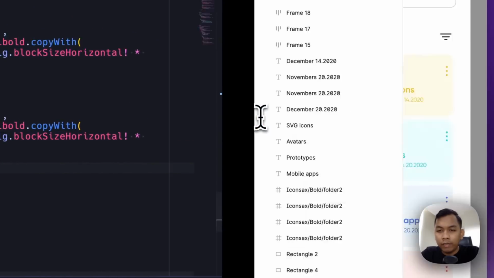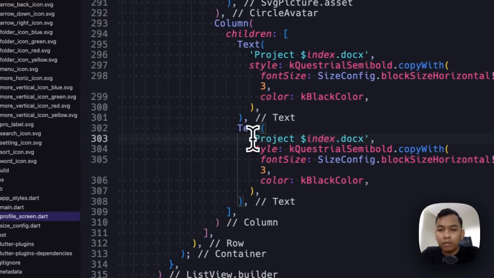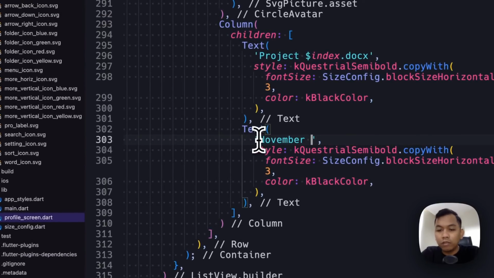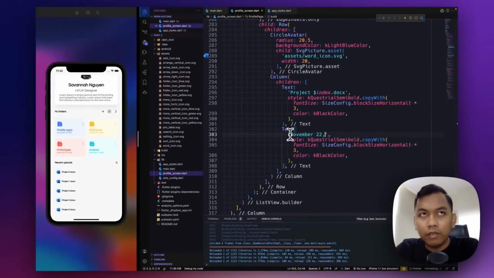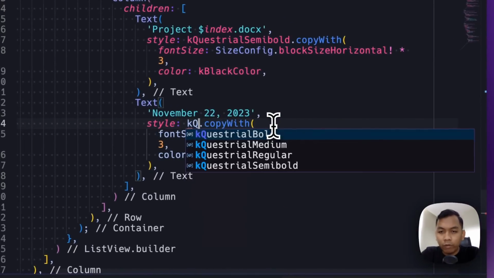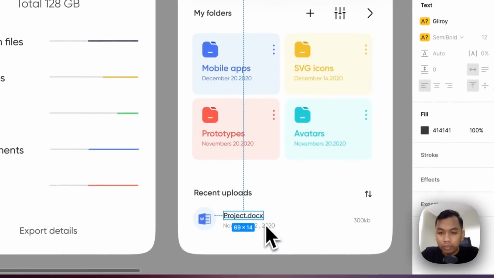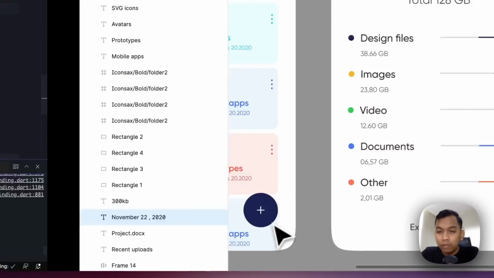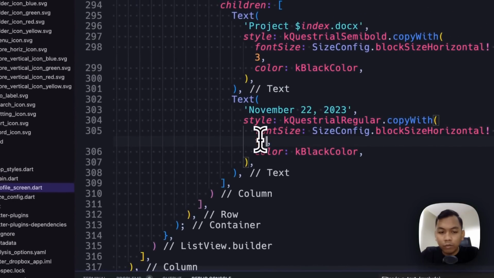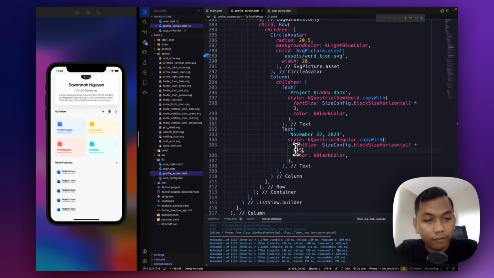And it will be November 22, 2023. And it will be K equatorial regular, and the size will be, how about 2.5.